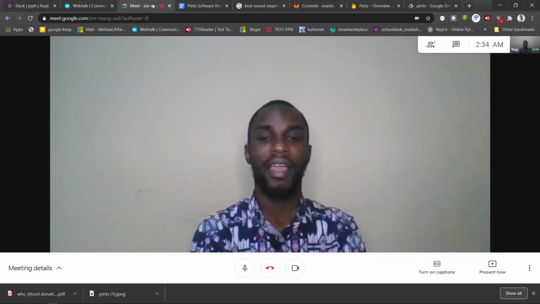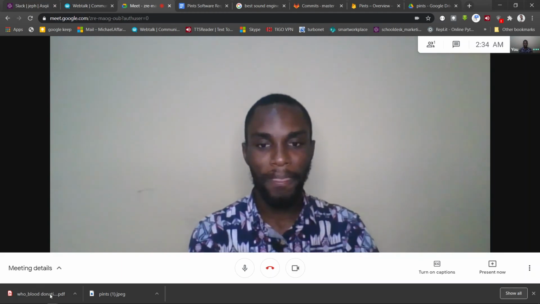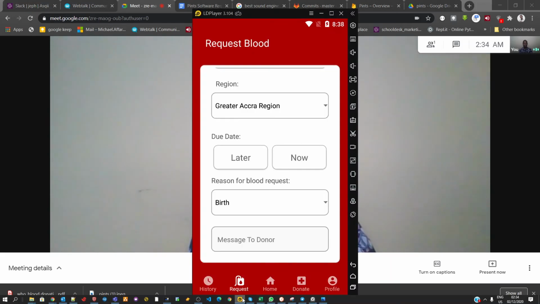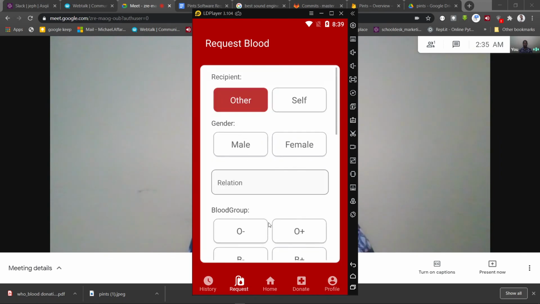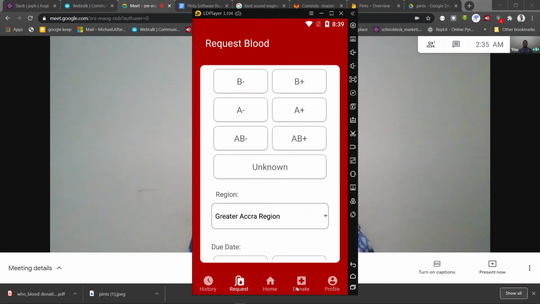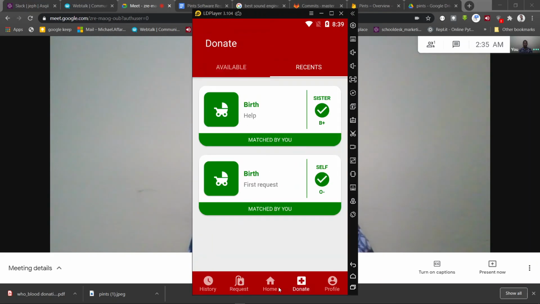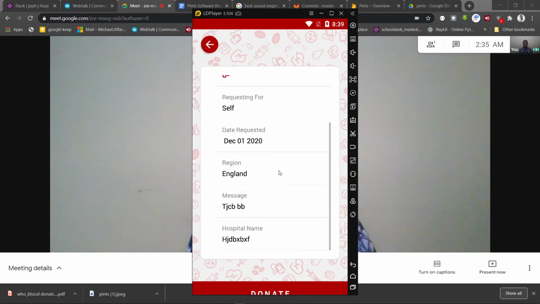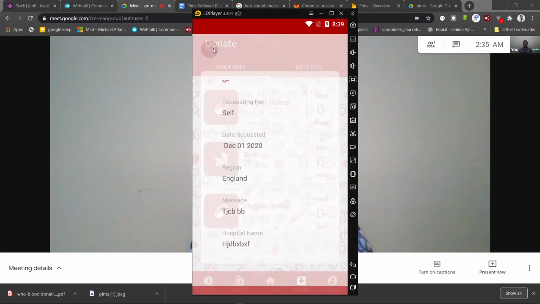Again, the Pints mobile app is a matching application that helps you place a request for blood for yourself or on behalf of someone, and then our matching algorithm will check the bloods that are compatible with the users on the platform. We will then share that request, or broadcast it, to people so that they can check the request, see if they would like to help, and then donate to you or match with you to donate.